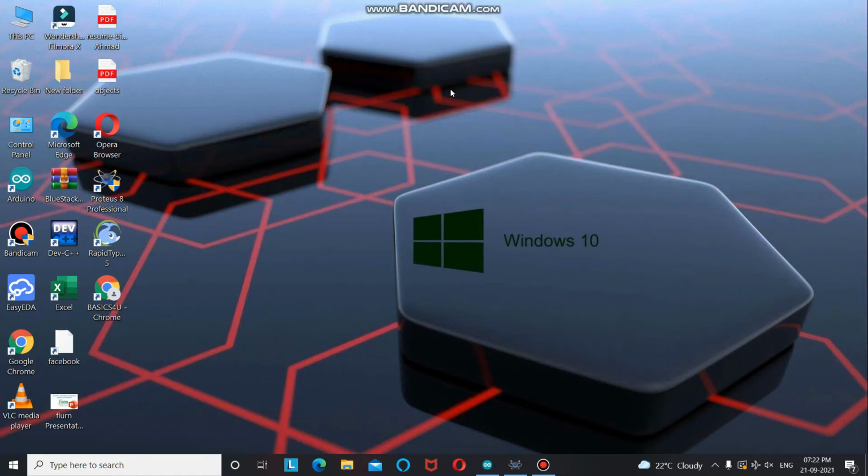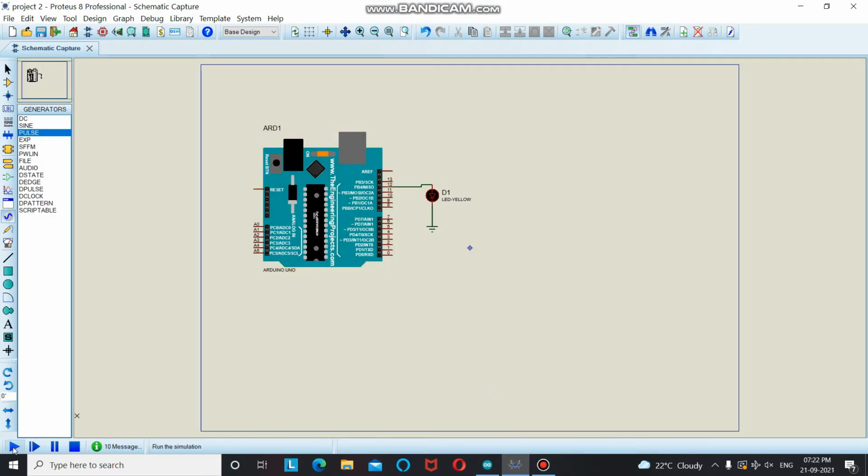So in the previous project, we tried to create our first project to control the blinking rate of an LED. So this is how our project was working. So in today's video, our motive is to create a project in such a way that when the user gives input data to a microcontroller, the controller will turn this LED on or off as per the data given by the user.